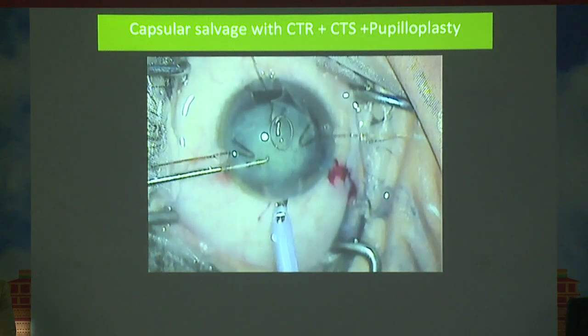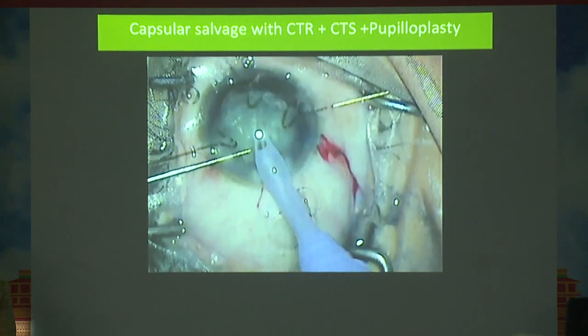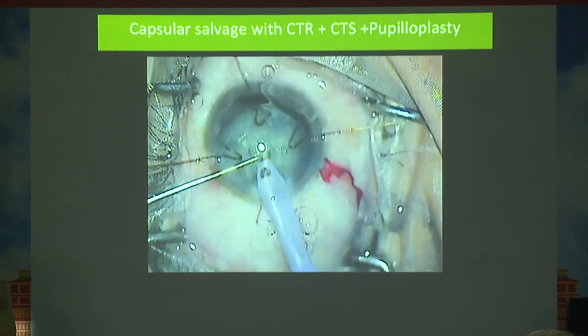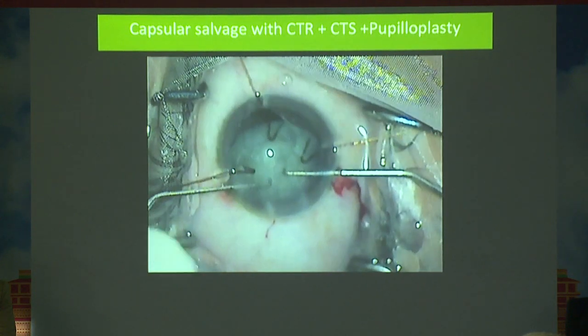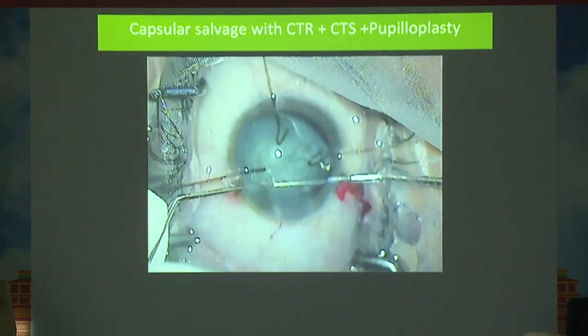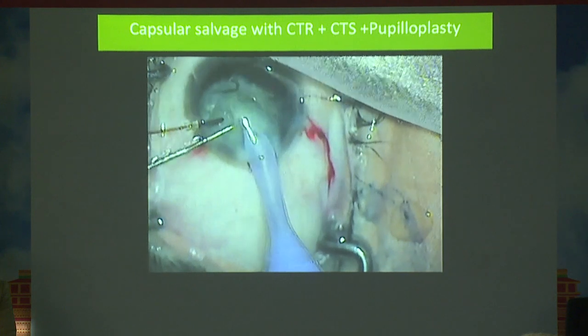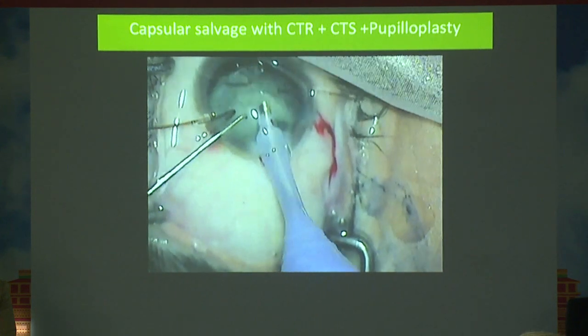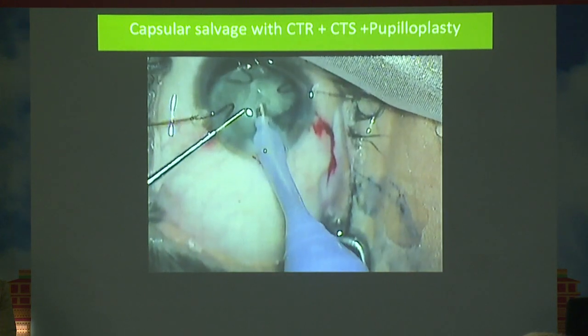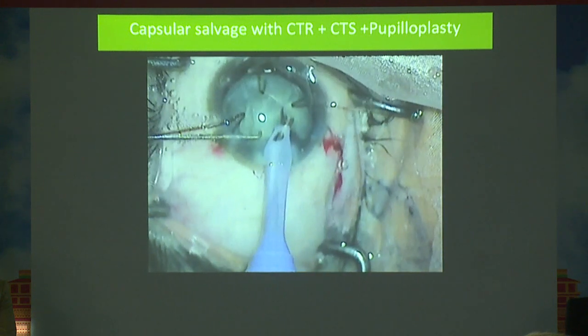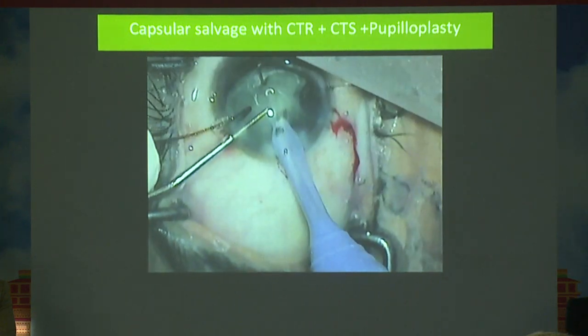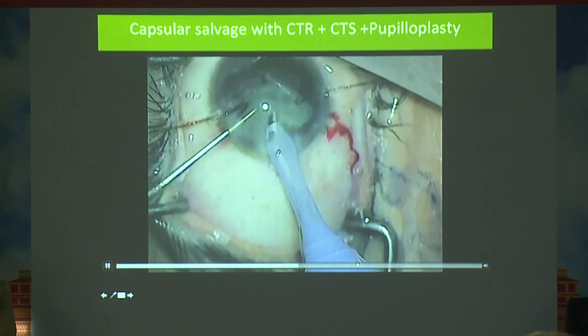We again proceeded with the hydrodelineation, and we completed it. The all-important rule is that we have to be slow and gentle, and all the maneuvers and all the parameters have to be slowed down, and we were able to achieve the complete removal